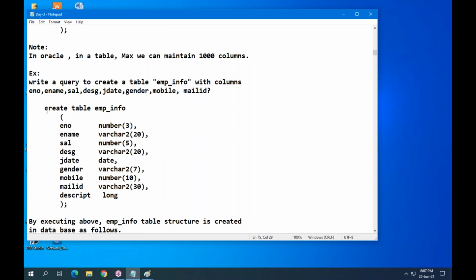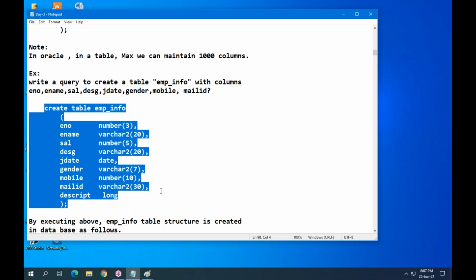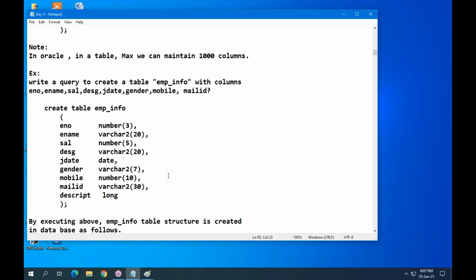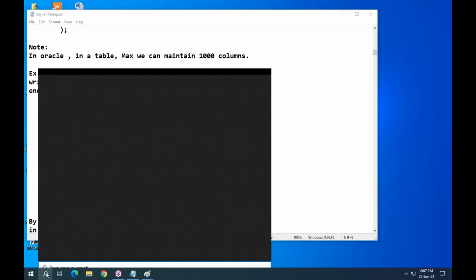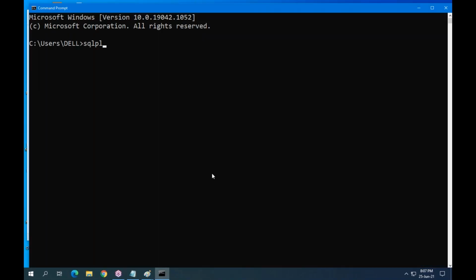So this is the sample table. Okay, table created. But before creating a table, we have to know what are the rules we have to follow before writing the table name or column name.